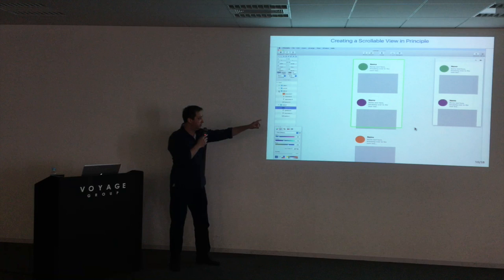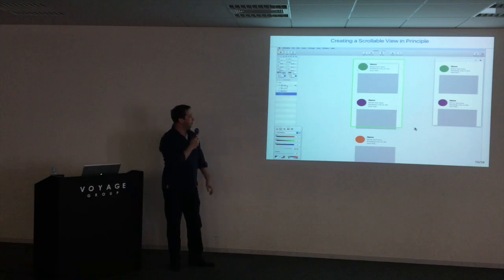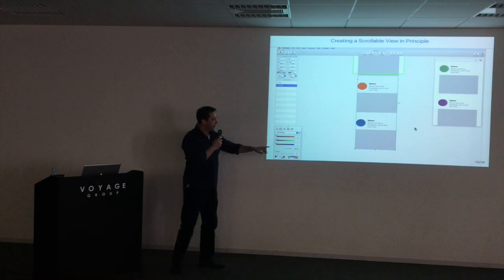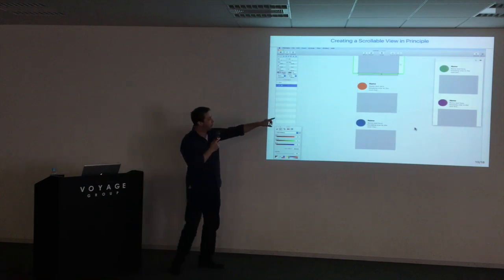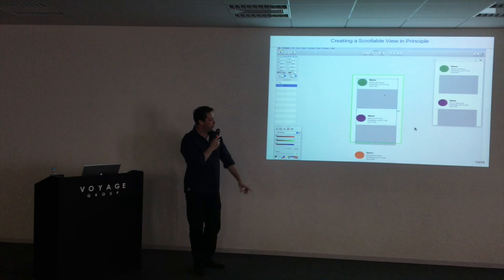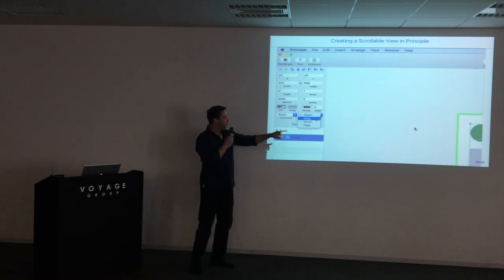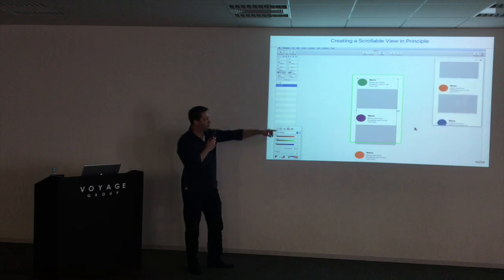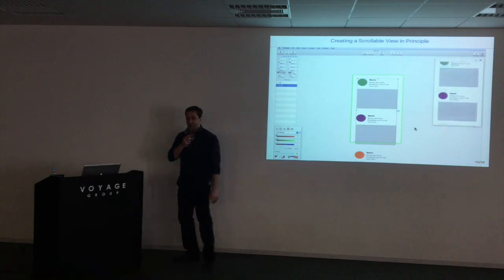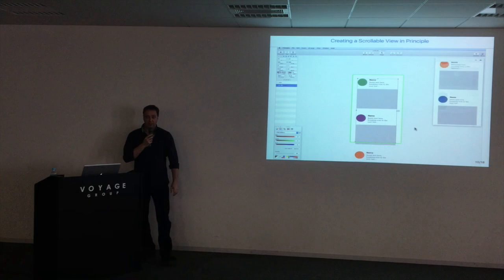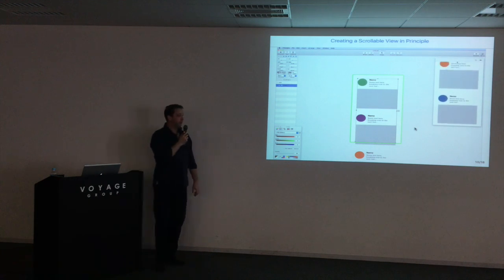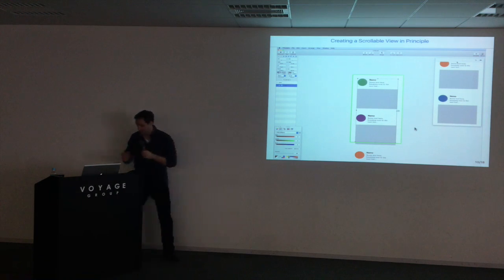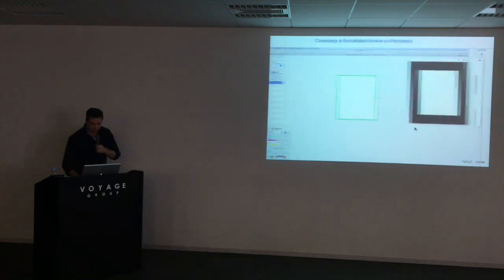I'm just going to color the circles so it looks a little bit nicer. Group them quickly. And I'm going to show you now, to create a scrollable list, all I have to do is pull the bottom of the group to the constraint of the view to get a scrollable list. And that's how fast it is to do a scrollable list within Principle. And that's a lot faster than most other tools. Okay, the next slide will show